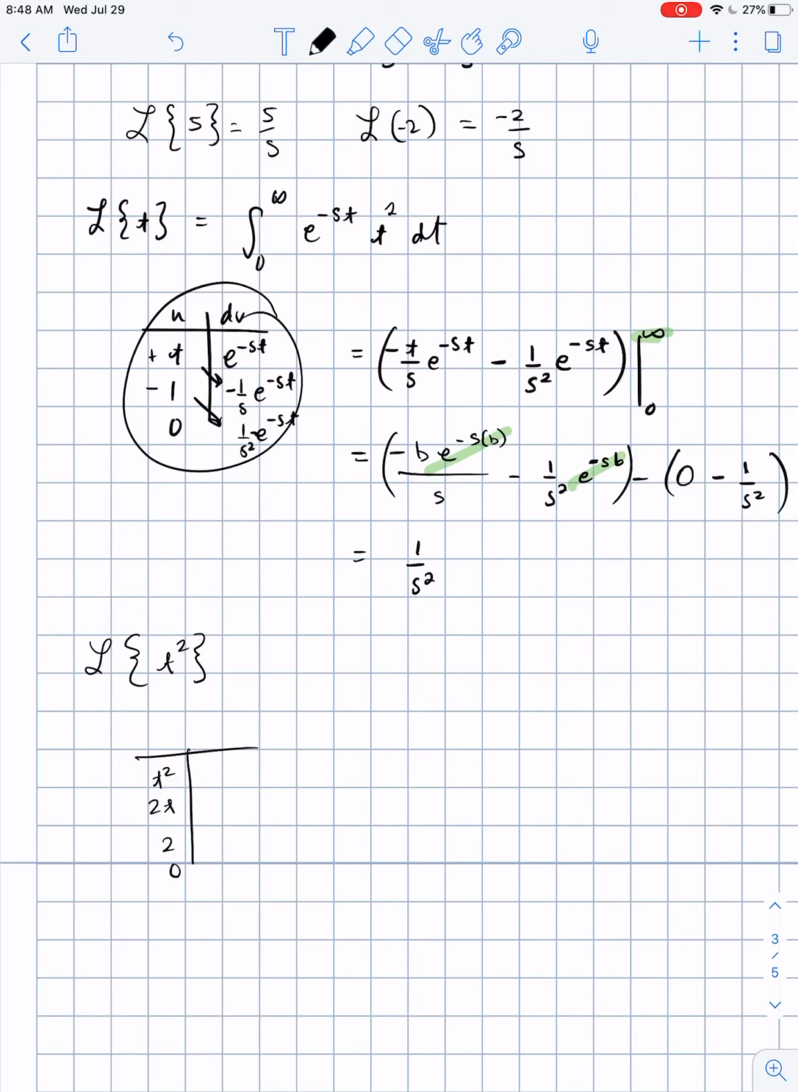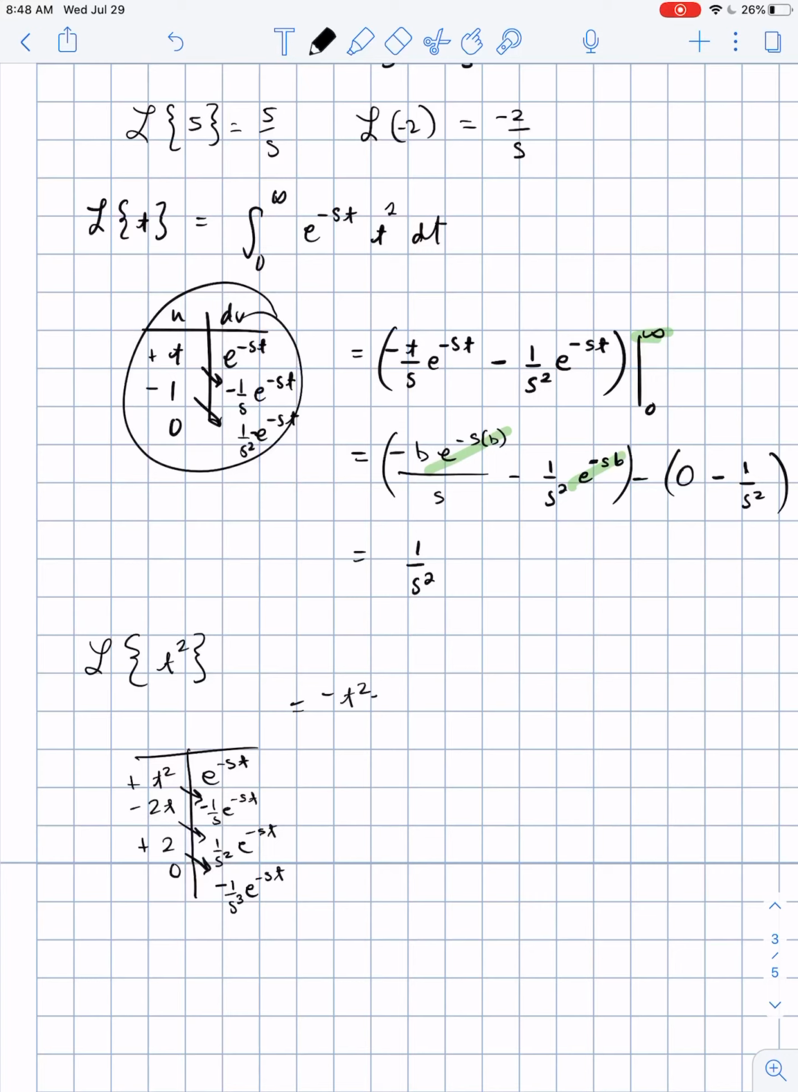And here you're going to get e to the negative st, negative 1 over s, e to the negative st, 1 over s cubed, s squared, e to the negative st, and then the last one's going to be negative 1 over s cubed, e to the negative st. Again, alternating the signs, right? So you have a plus, minus, plus. Okay, so what it'll look like is